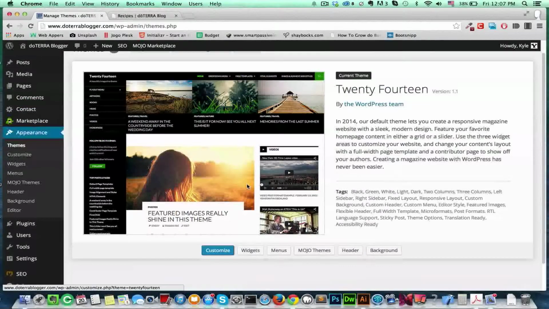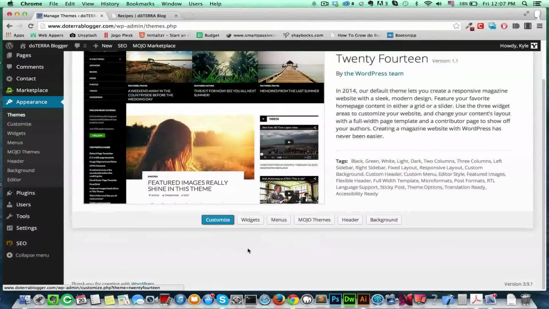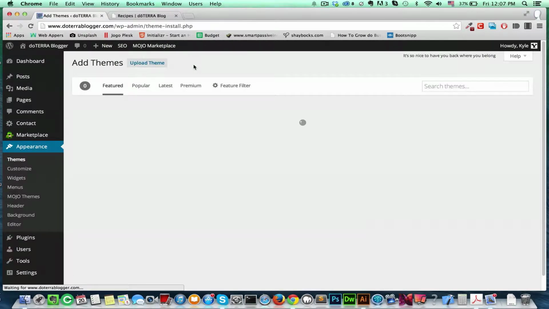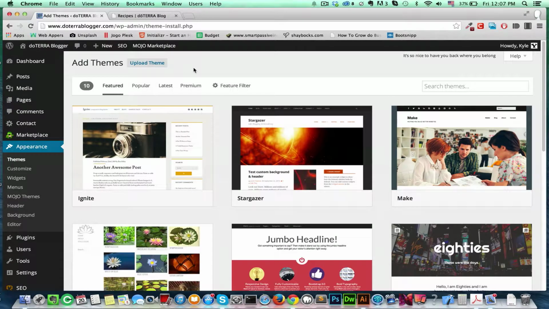And if you have other themes in here, it will show you them as well and let you customize them. As of right now, there are a few options that we have up here at the top. WordPress.org themes is just their basic marketplace for themes that you can install. So I'm going to click on this just to show you how you can find themes that you might be